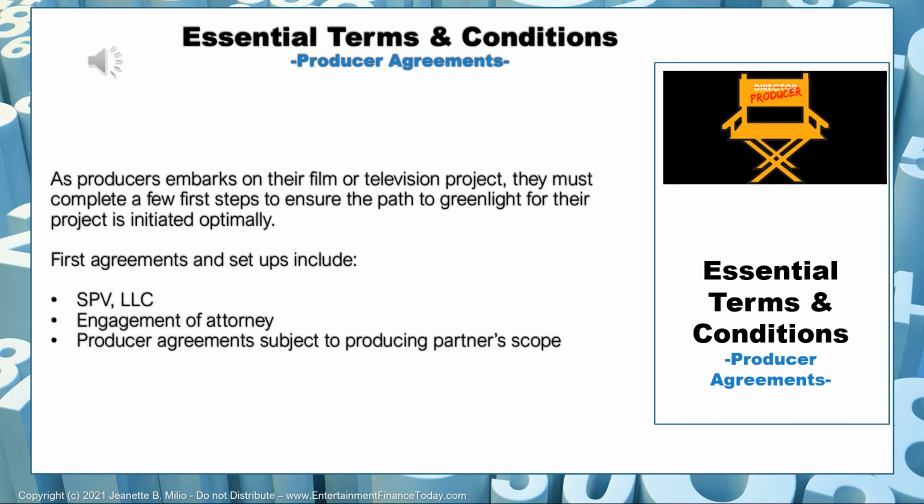So let's say I have a producer whose responsibility is to package certain actors for this movie. Their remuneration, profit participation, and potential relationship to the movie is contingent upon their delivery of that scope. That means I have to deliver this actor by that time, otherwise that deal is null and void. So anytime I do a co-producing agreement with another producer, I define what it is for, what the job of the producer is, and how much money they get for doing that.